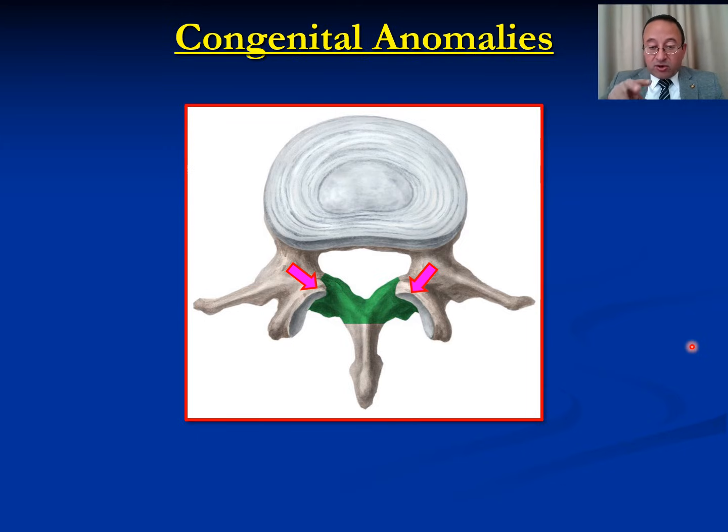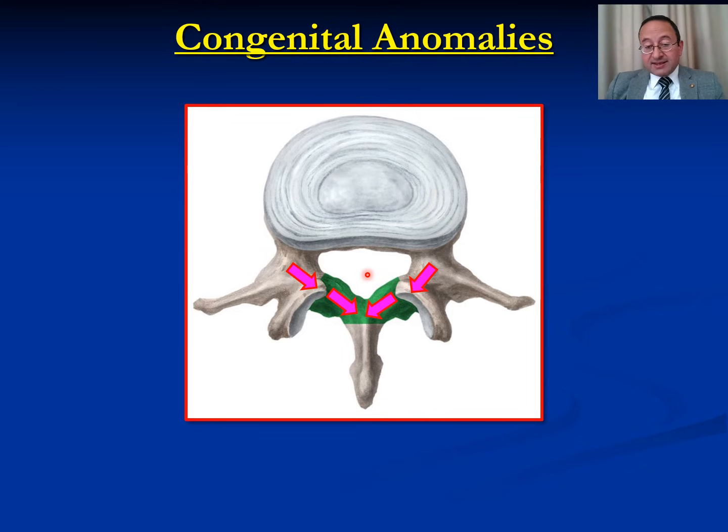Further growth of these bony processes continues until they meet each other in the midline, resulting in formation of the vertebral foramen, and this is called the neural arch. Always remember that the vertebral foramen is enclosing the spinal cord.